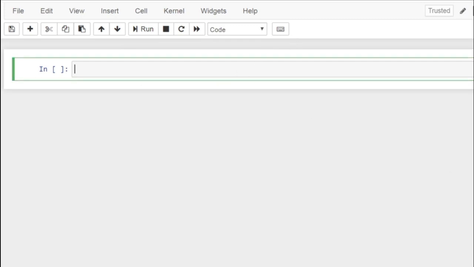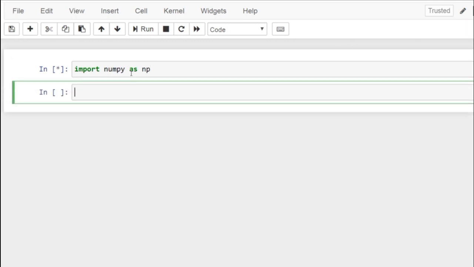First, let's start by importing the NumPy library as np. This is actually from the convention, it's popularly used like this. np is short for NumPy in this case, which makes it easier to call it and use it. Now that we imported NumPy as np,